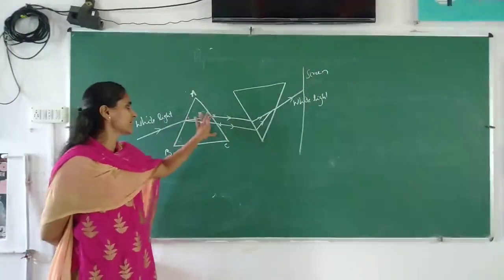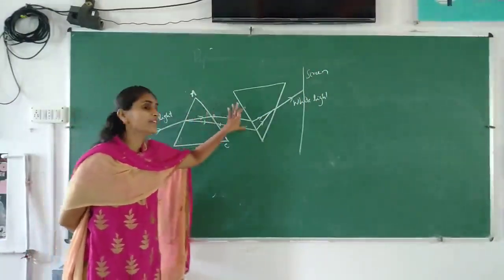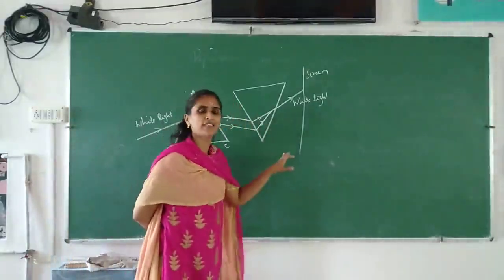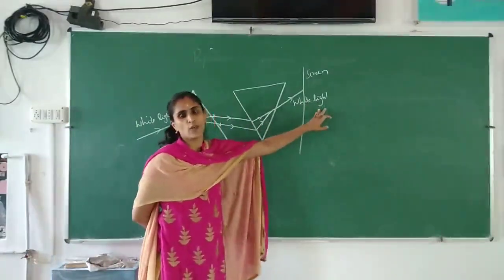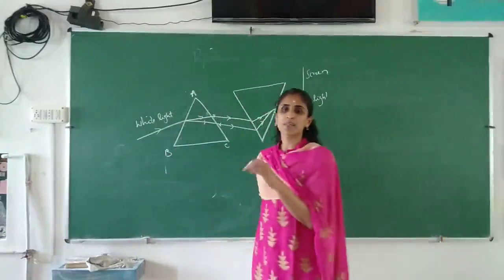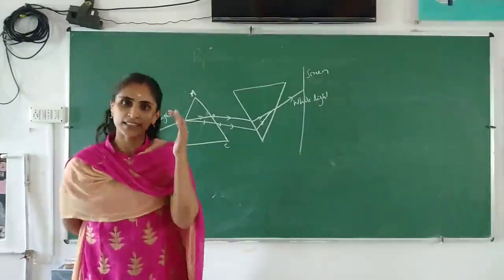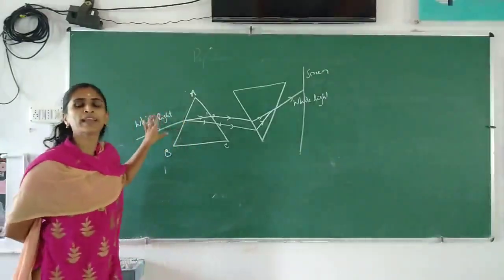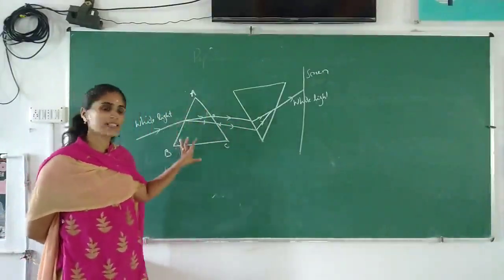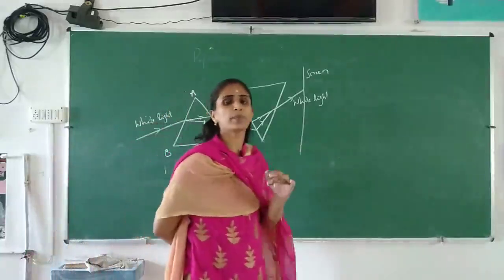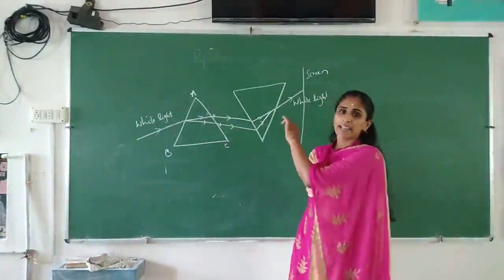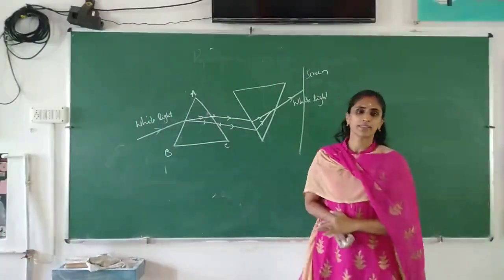What he could notice is that when a single prism was there, the light got split, but when he kept a second prism inverted, he could see white light itself instead of 7 colors. Which means he concluded that it is not a peculiarity of the prism which produces the color. Actually, the composite white light is getting split into 7 colors. And in this case, what happened? The first prism disperses the white light and the second prism recombines the 7 colors into actual white light. This is what happens.